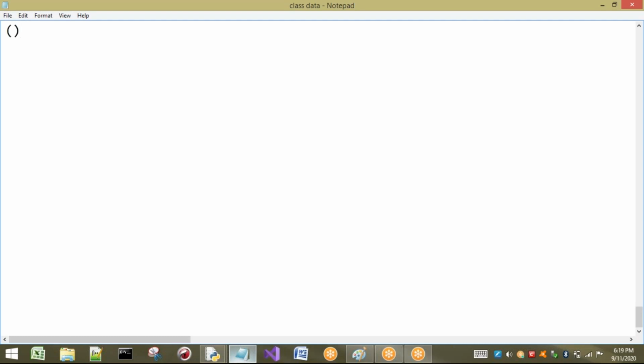I am going to write the list of operators from highest to lowest precedence. First, the highest precedence is for braces, or we can call it parenthesis. Next highest priority is for the exponential or exponent operator. Next we have unary complement, and also we can consider unary plus and minus.